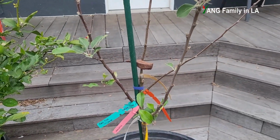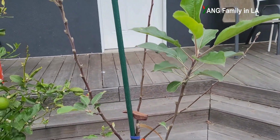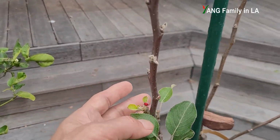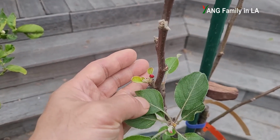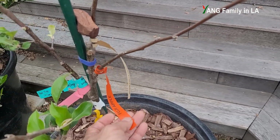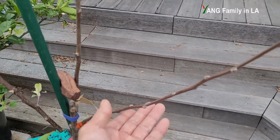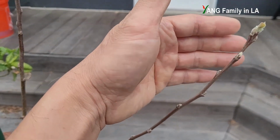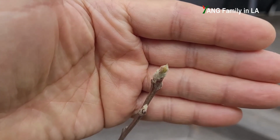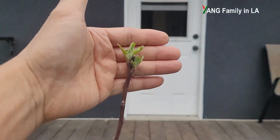So you can see 4 branches. Some branches already have new leaves on them, and on one here you can see the flowers. It's blooming right now. And the 2 other branches, I think it's Fuji apple and Beverly Hills apple, you could hardly see any new leaves before, but right now you can see the new shoots. It's greenish on the top of this new leaf bud, and right here you can dramatically see the new